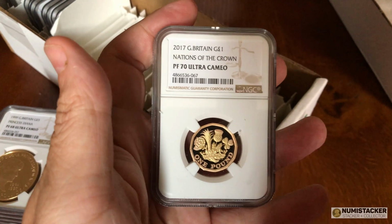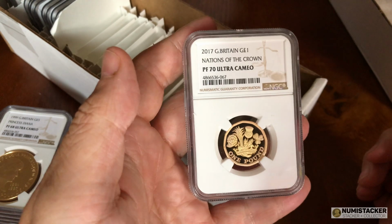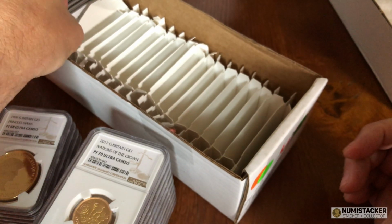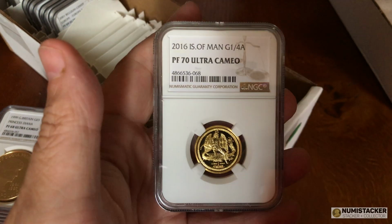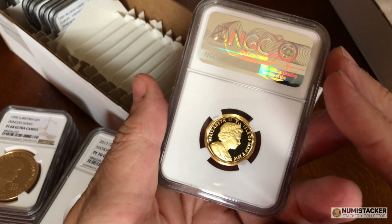Nations of the Crown, very nice. £1 gold coin, very chunky. It's about 16.5 grams of gold, so it's actually sort of a proper ½ ounce of a chunk of gold on that one. This one is a quarter angel,